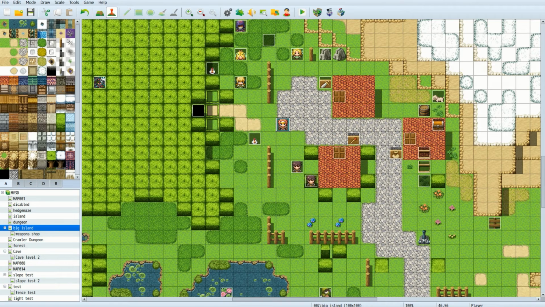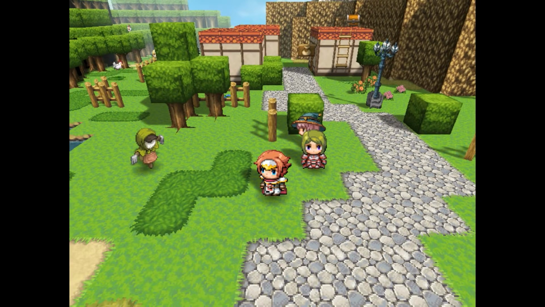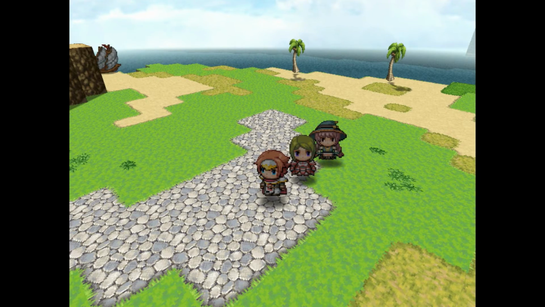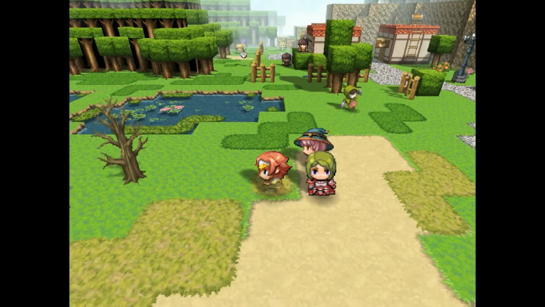Looking at a plugin, and we're going to be looking at my favorite MV plugin of all time, MV3D. With MV3D, your games can go from being 2D and looking like this to looking like this. MV3D is compatible with many other plugins as long as they don't affect the graphics on the map, including pixel